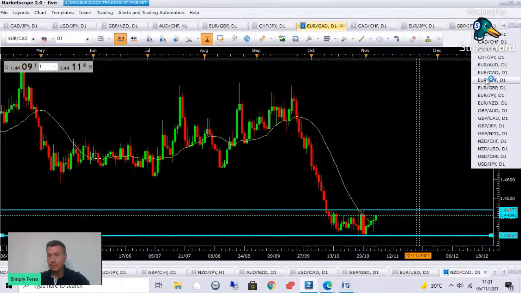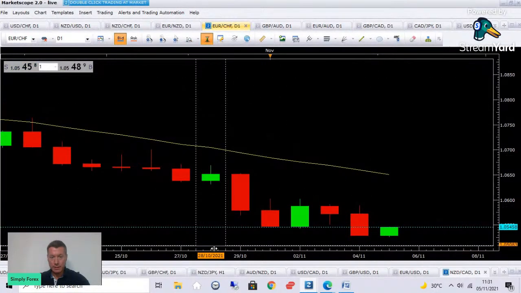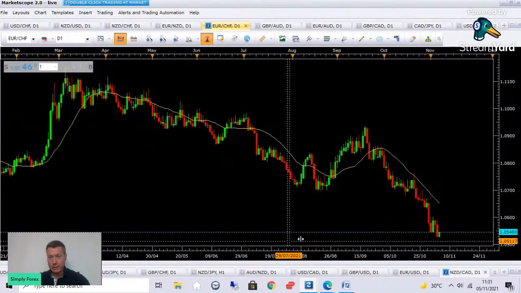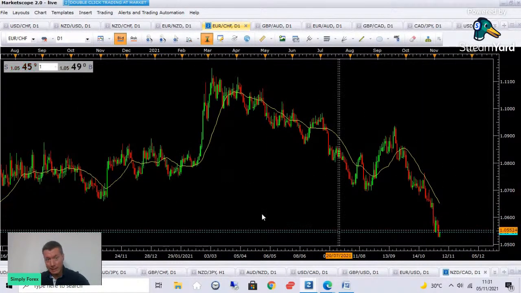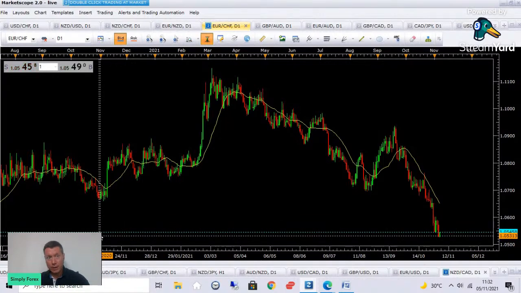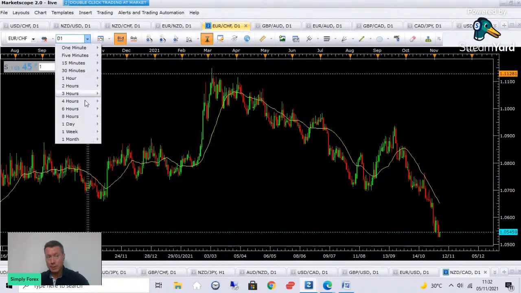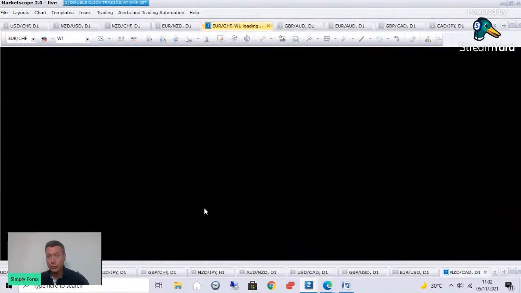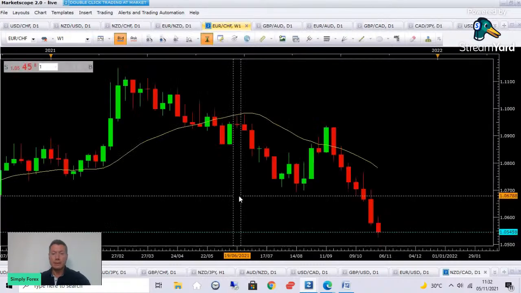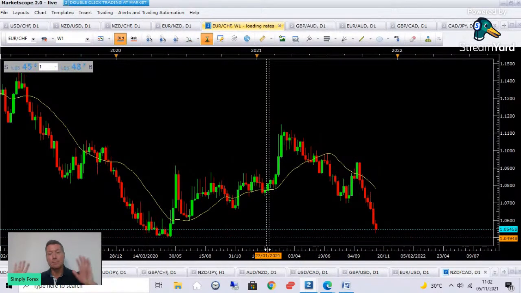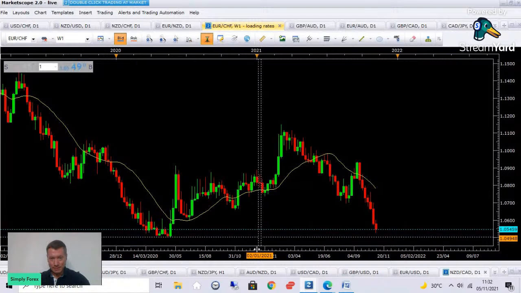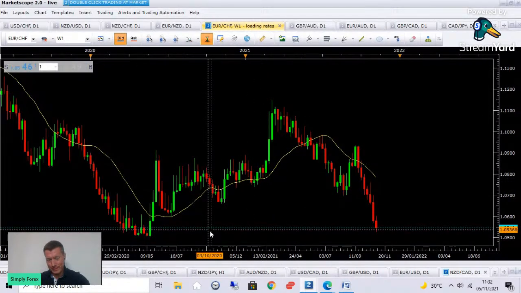Next one, Euro Swiss franc. Okay, so what are we seeing here? Guys, if I'm looking at the daily chart and nothing else is appearing to the left, I will look at the weekly chart, because I want to understand where price can move to. So let's have a look at the weekly chart. If it loads up, wonderful. If it doesn't load up, remember, it is my technician's fault, not mine. Blame him.